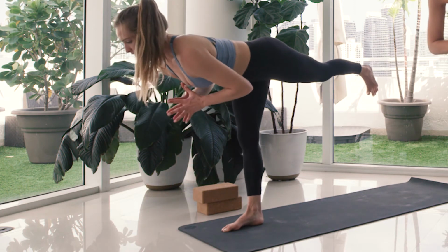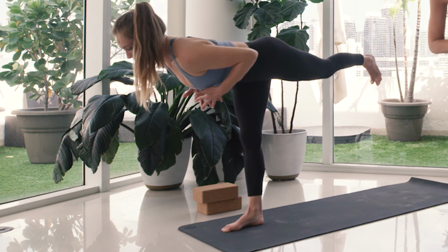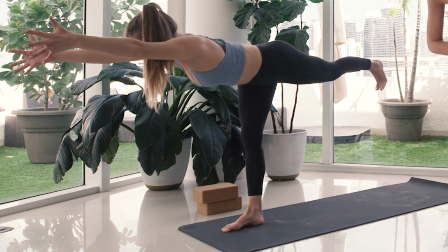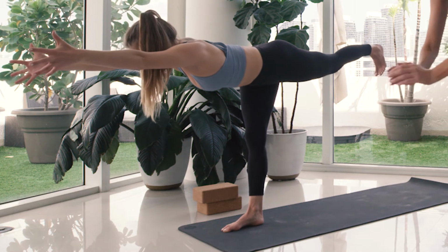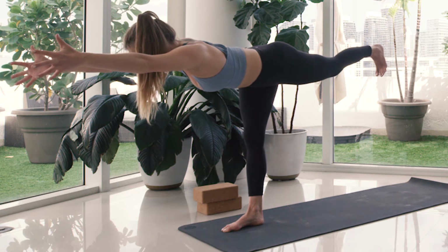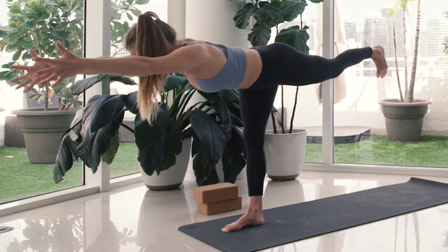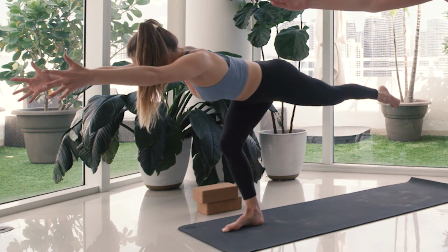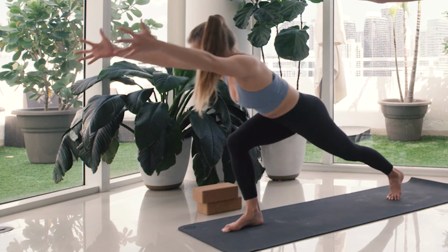Otherwise, if you want more of a challenge, more strengthening in the core, try reaching your arms forward. Good. And then push through the back foot, stretch through the fingertips and breathe. Almost there for 3, for 2, last inhale. Slowly step your left foot to the back of the mat, reach your arms up high,